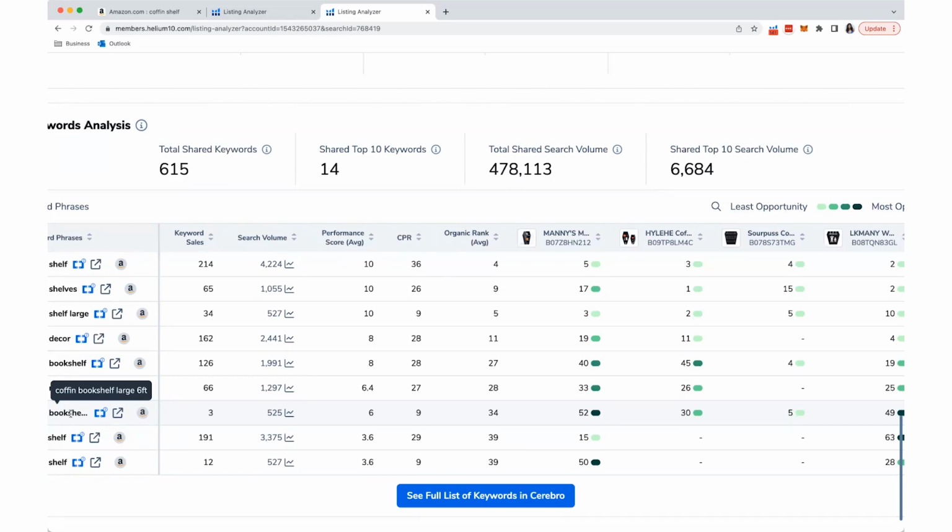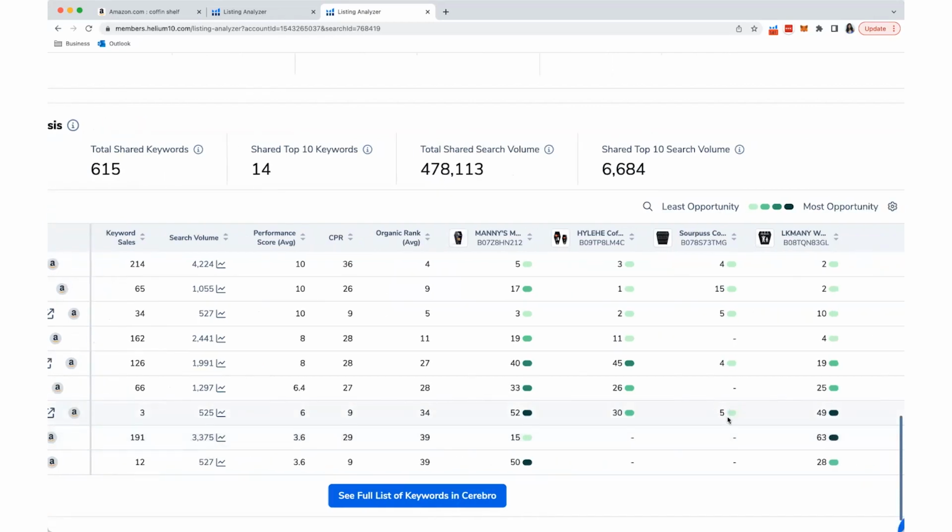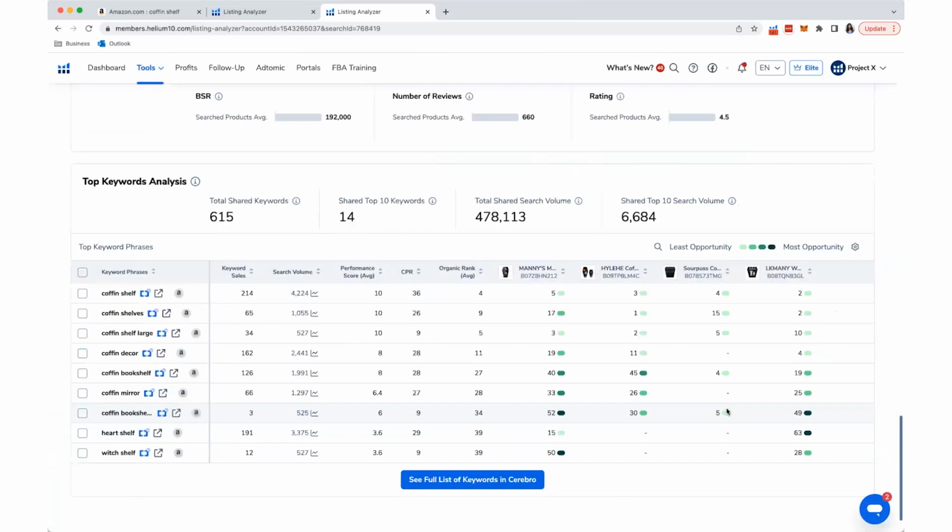So if my competitors aren't really using this here, right? The only one that's really ranking high for it is this $45 one that we were looking at, right? And that one is showing it pretty high. So if the 3 other competitors aren't ranking as high, maybe this is a keyword that I want to save and actually use for my PPC. And that is how you can use Listing Analyzer to find those top keywords that maybe your competitors aren't using as much, but you can see where they're ranking for and get a feel for whether or not you would want to include that.